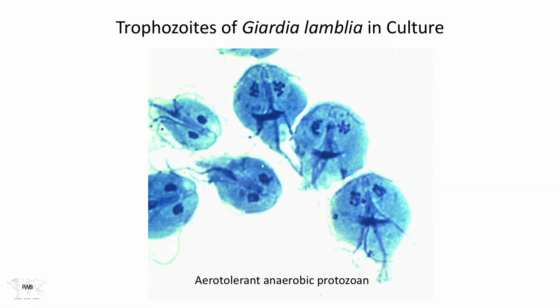Recently, we've been able to culture this parasite, and here are three very happy-looking trophozoites. And these trophozoites have specific growth requirements, and in fact, they grow best under anaerobic conditions. While they can tolerate the presence of oxygen, they prefer an anaerobic environment, and all of the byproducts of their metabolism are anaerobic-like products. Fatty acids, for instance, and noxious, gaseous elements like methane are produced as the result of their in vitro culture.